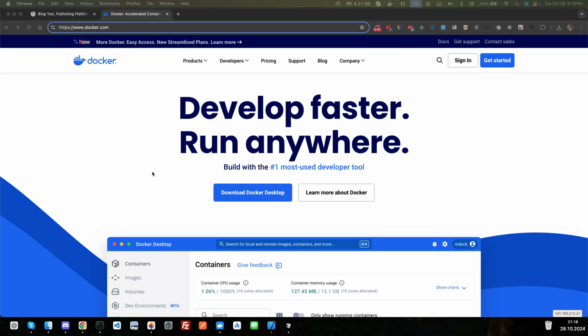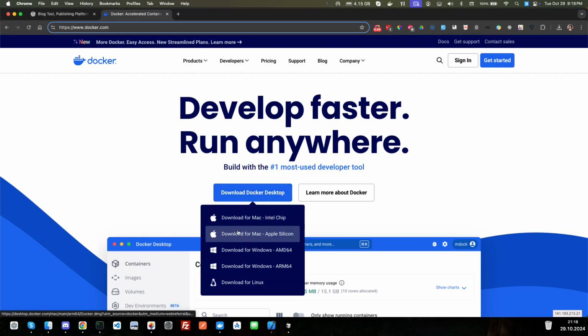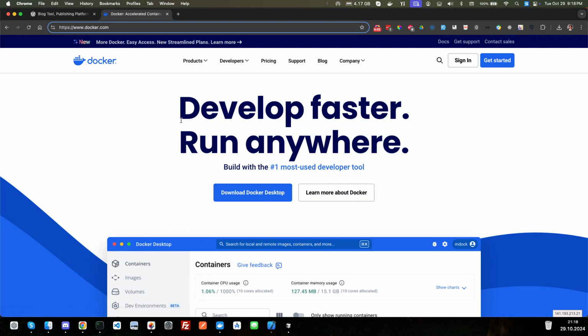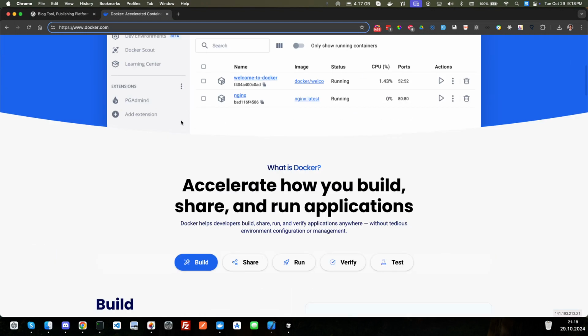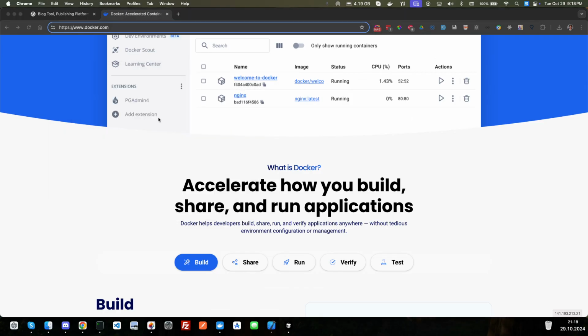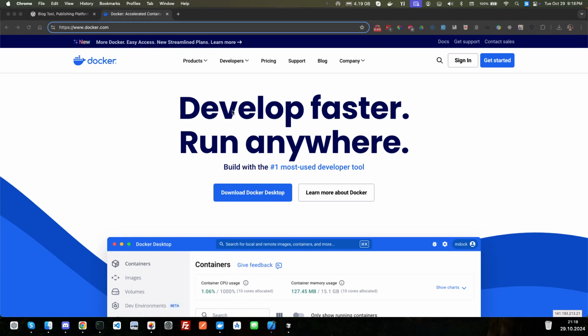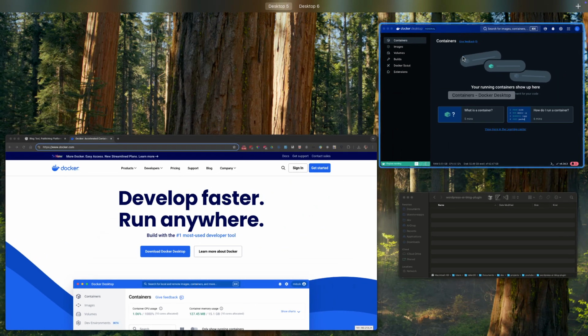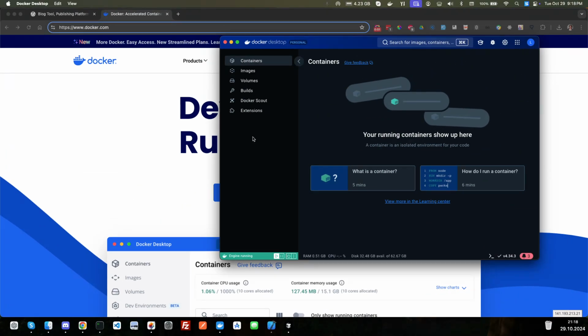So go ahead, and to get started, we'll go to docker.com and we'll need to download Docker Desktop. You can choose whatever platform you'll be working on. I've already downloaded it, so I'm going to type in Docker, open up Spotlight here, and go ahead and open up Docker. Okay, there it is. Now that Docker Desktop is open, we're going to let that run